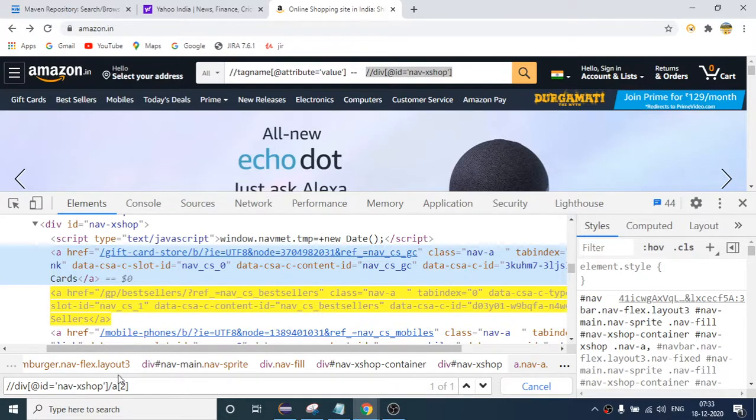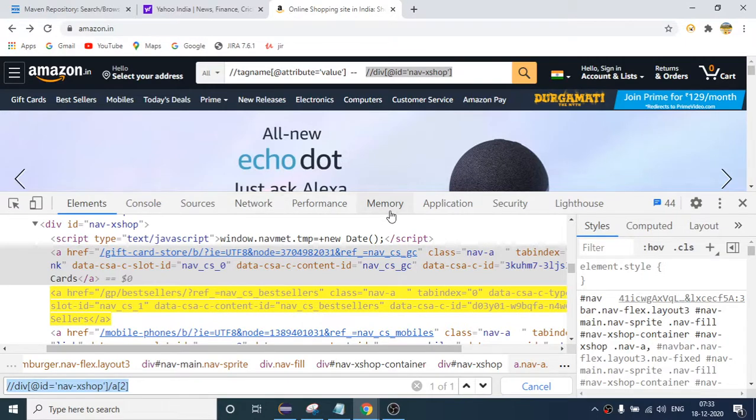So you can also do like this. Suppose I want to click this bestseller. So what is the XPath I have written? This is the XPath. You can see it is highlighting bestseller. Once you get the unique XPath, you can say 1 out of 1 elements are matching, which means it is a unique XPath. So you can simply copy this XPath and again you have to use the dot click method so that it will click on this, right?